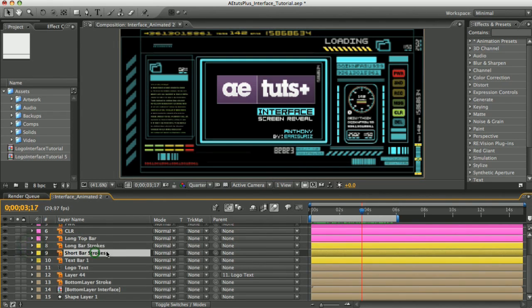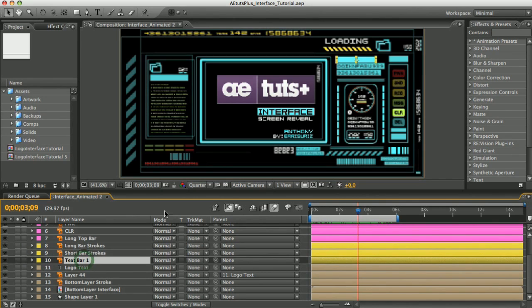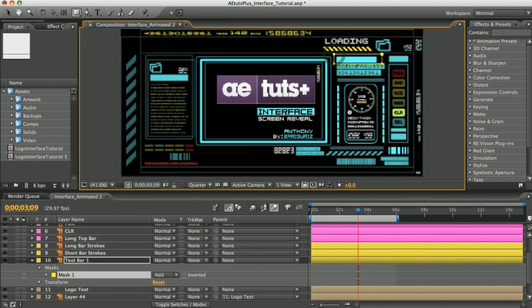Now for this next part here, I have some text layered here and I want to create this bar so that it animates in and out to cover up the text so that you cannot read it or it kind of reveals, it's being revealed. So we'll create another mask, drag around the shape, hit I to go to the beginning of the layer, the end point, and we'll set a keyframe here on this mask,